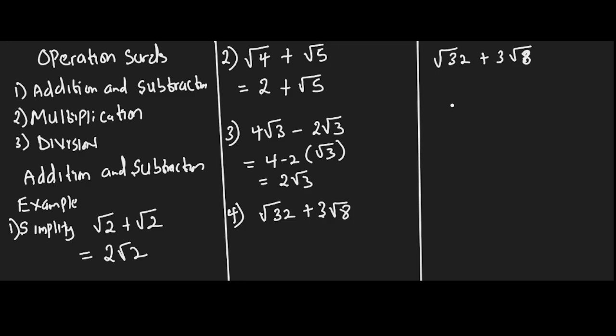Now, if we are to add these two together, firstly, root 32 and root 8 are not similar surds. So what we first need to do is